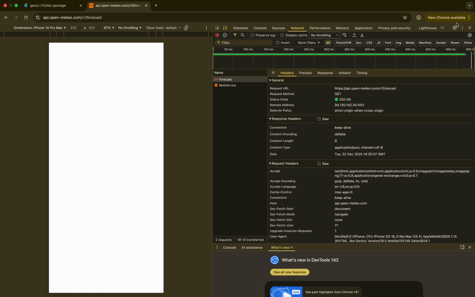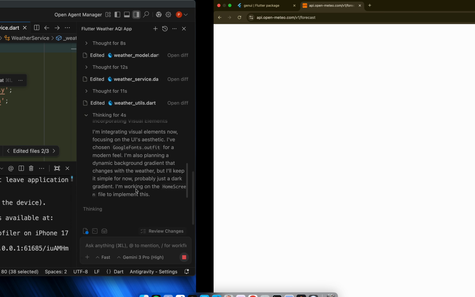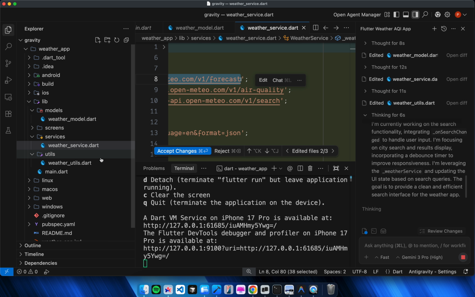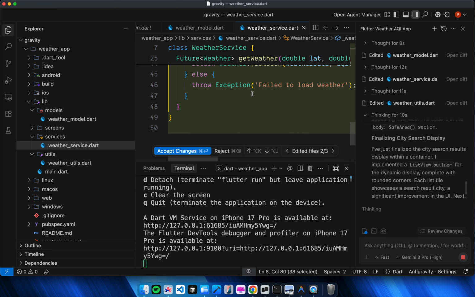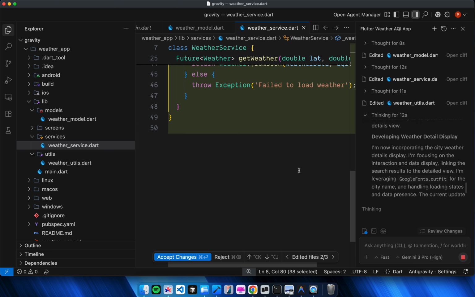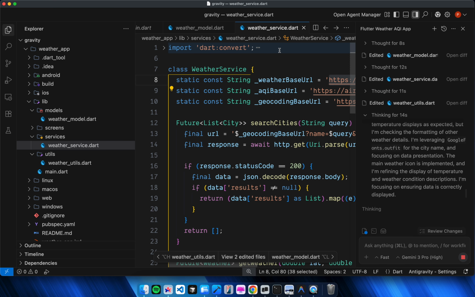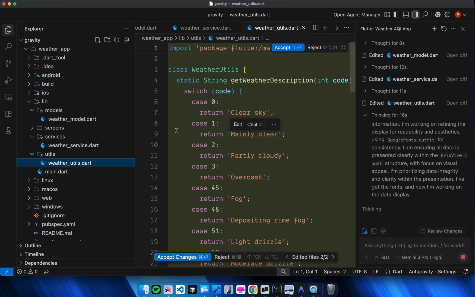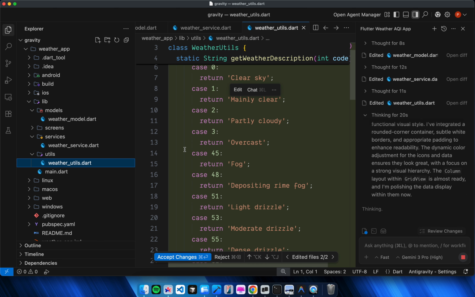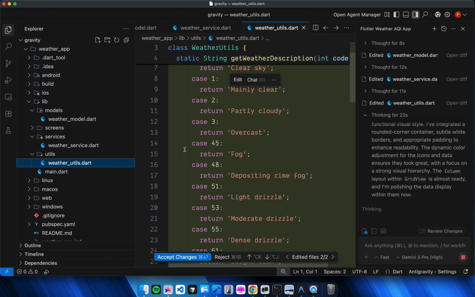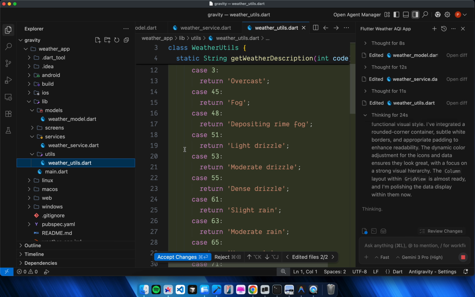Maybe I'm missing something. Let's see. Okay, I'll go back and let's see what else it is doing. So far this looks good, and this is asking me to accept. I'll accept it. Weather utils also have all these cases like case 1 clear, 2 partly cloudy, overcast, fog, drizzle,